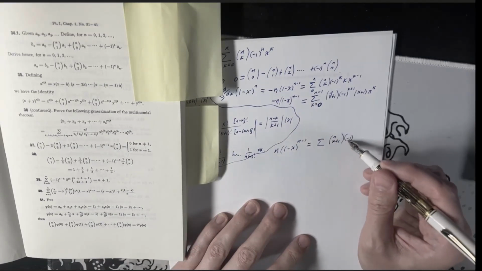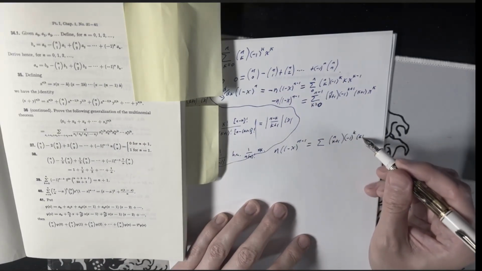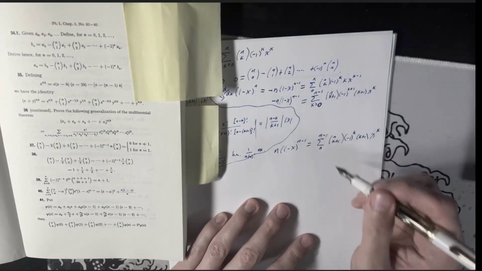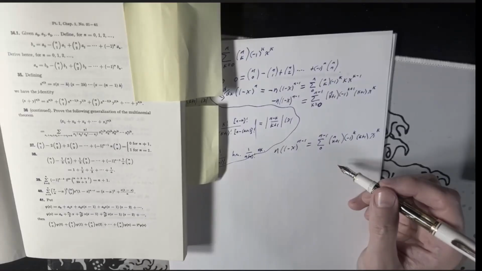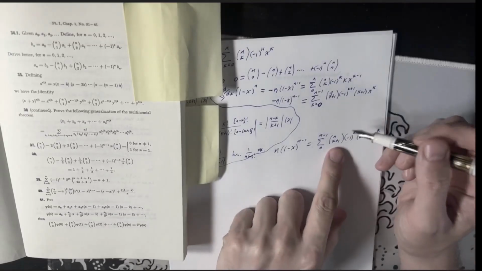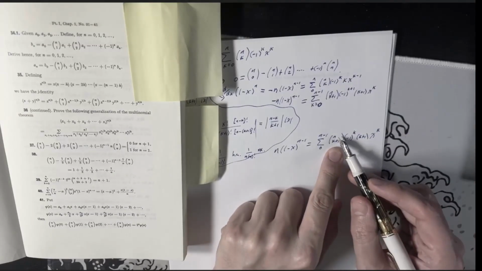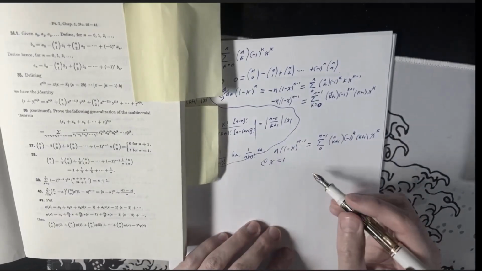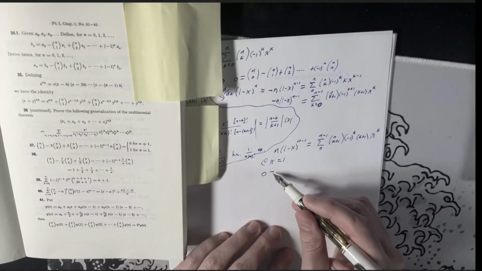And we got a negative to the k, and then we have k plus 1 as a factor, and you go from 0 to n minus 1. But this guy has not changed. This is still n in the numerator. And now if you plug in x equal 1, you're getting 0 equals